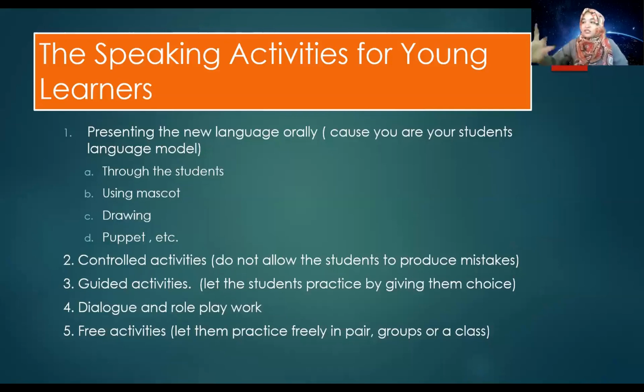You can use a class mascot. The teddy bear will be there in your classroom. They can be your partner. When you want to give an example dialogue, you don't have to ask other persons to be your partner. You can ask the teddy bear, or maybe you can have another one, because you have 2 hands, so you can have 3 persons. It seems like 3 persons, but actually you are alone. Okay. Drawing. If you are good at drawing, you can draw something on the whiteboard and